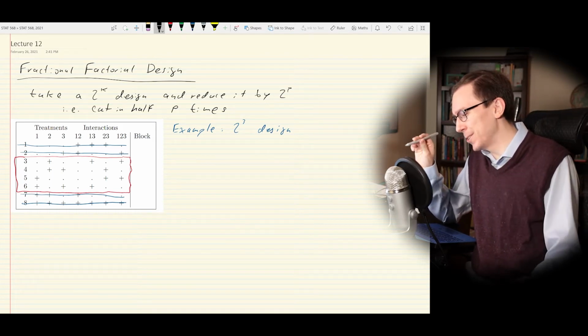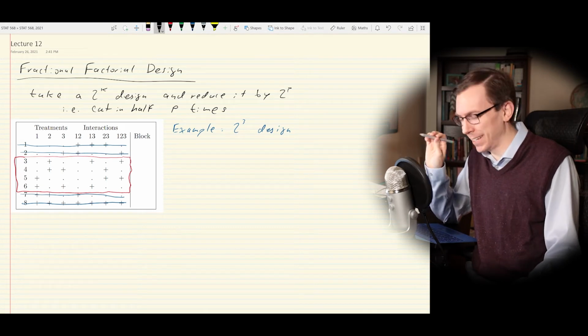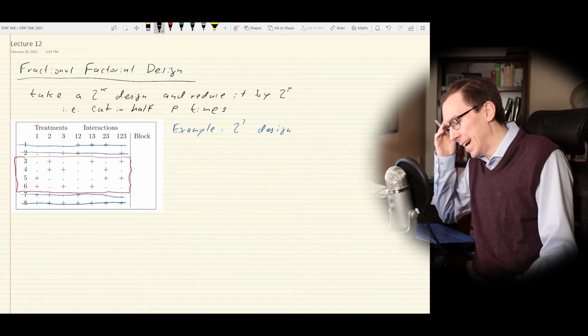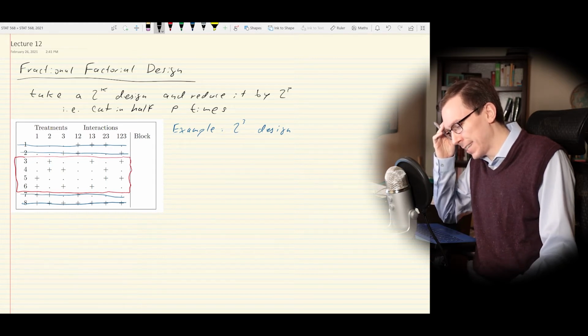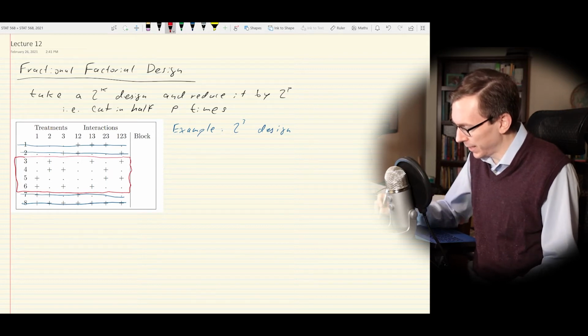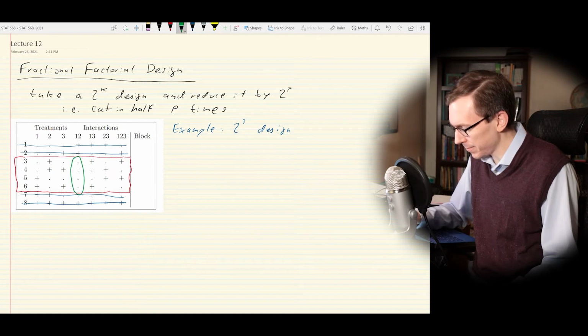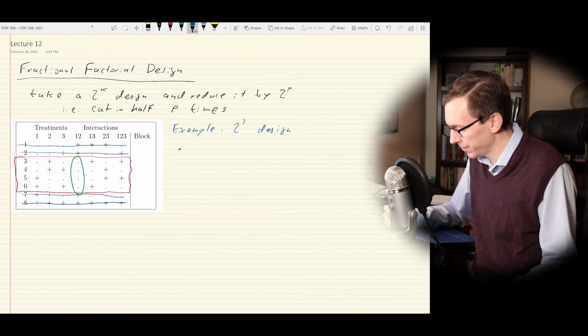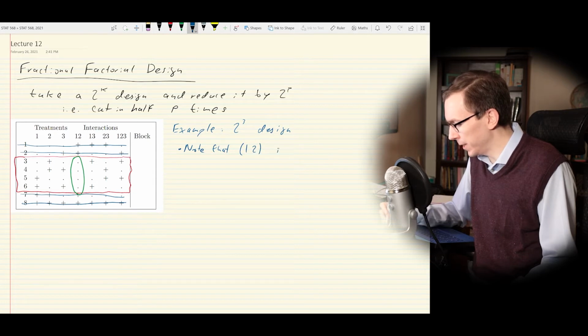So we're going to do a 2 to the 3 design just for the sake of exposition. But now let's stare at this. Well, what happened? There's a couple weird things that we note. The first thing that's worth noting is this column here. First, we're going to note that the interaction 1, 2 is only tested